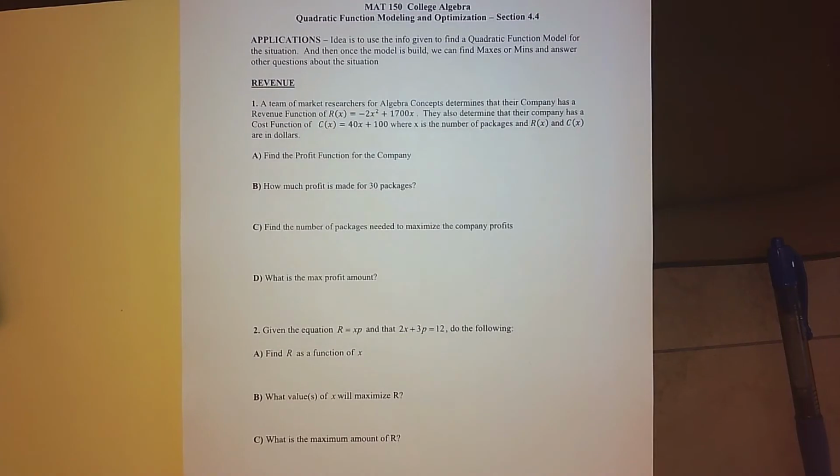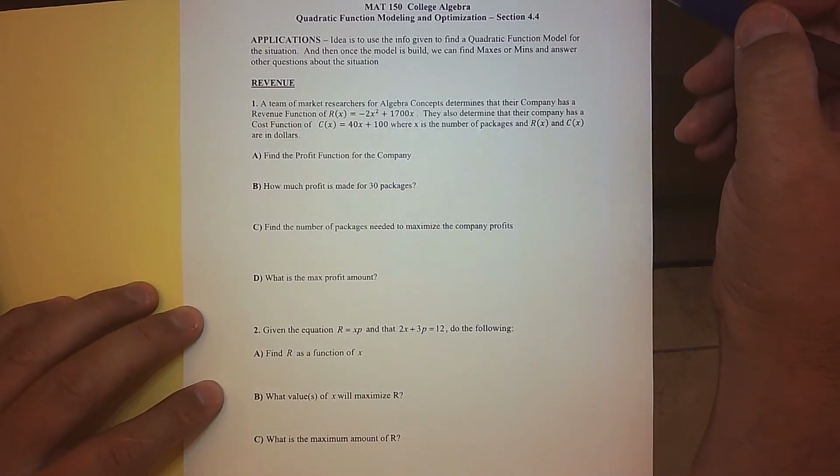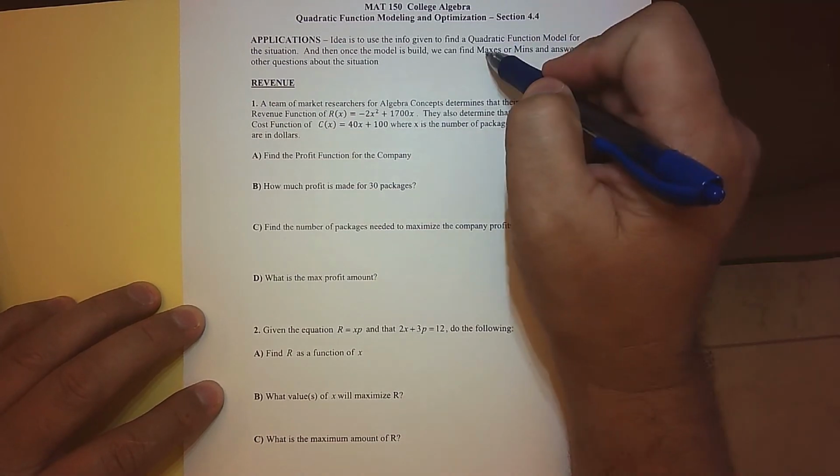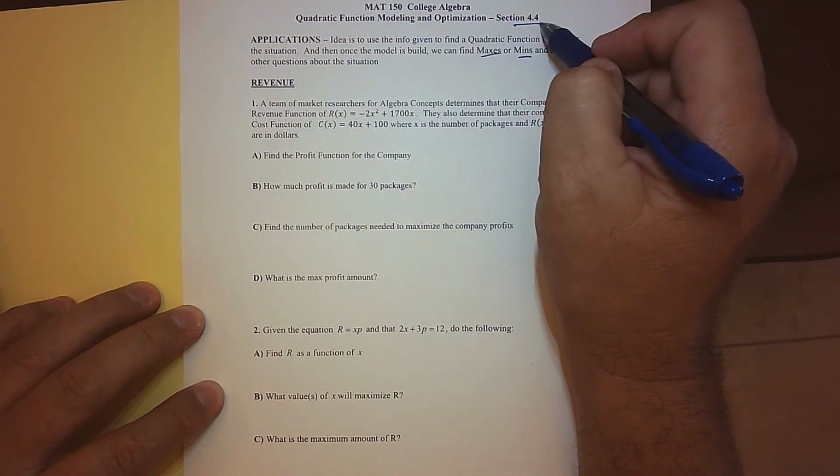Okay, so our first optimization problem deals with money. A pretty simple one. We'll talk about revenue. There's a lot more to this story than what meets the eye, but we'll basically start there. Again, remember what we're trying to do is find a max or a min, and what's nice about 4.4 is